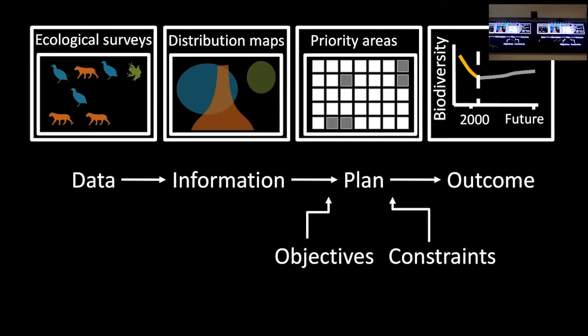Critically, when we're making our plan, we should account for our objectives. So what we're trying to achieve: we're trying to conserve threatened species, improve ecosystem coverage and ecosystem services, and we also have to think about constraints. That might be things like where we can and can't put new protected areas based on existing land use. Or it could be things like financial constraints, because often we have limited resources when trying to conserve biodiversity. And ideally, what happens is you have a plan, and given a lot of assumptions, we might get it implemented, and that achieves an outcome which changes the trajectory of what we think of biodiversity. So how can we improve this process?